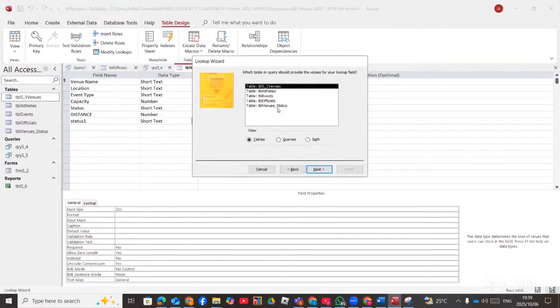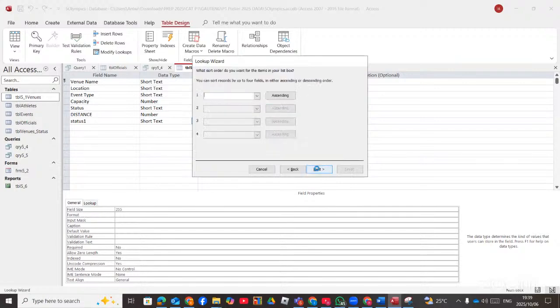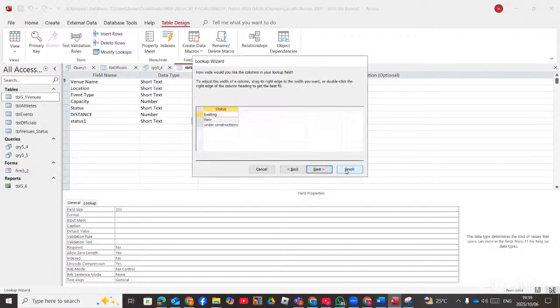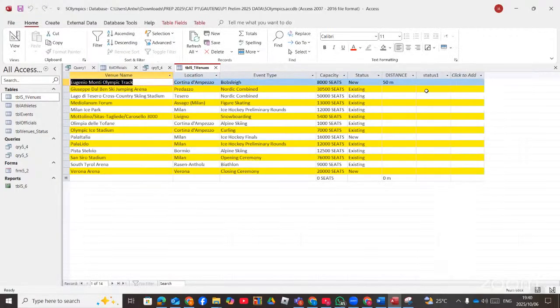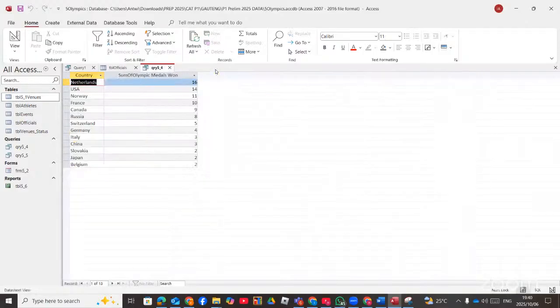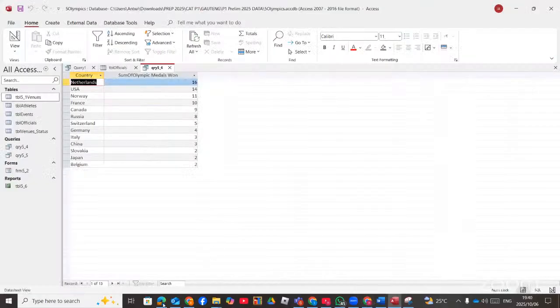Then you select the table, which is TBL venue status, and then go to next. And then you double click on the status. And then you go to next, and then you finish. So if that option is not here, then you need to go and add it from that side. So it's going to give us the same answer. You can see status 1 with the 3 options. So that's how we do with the lookup wizard. I think I answered your question. Right. We move straight to the next question,